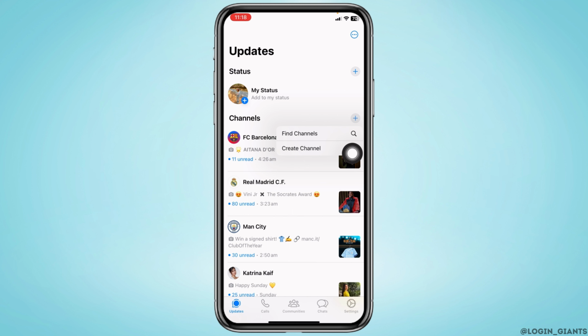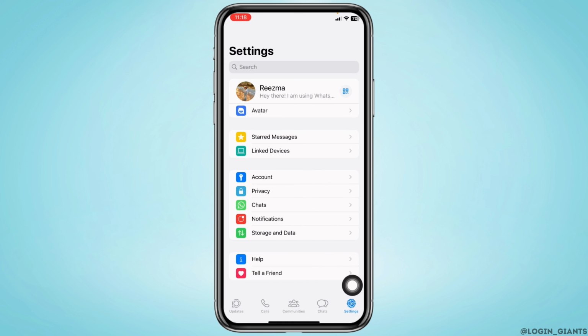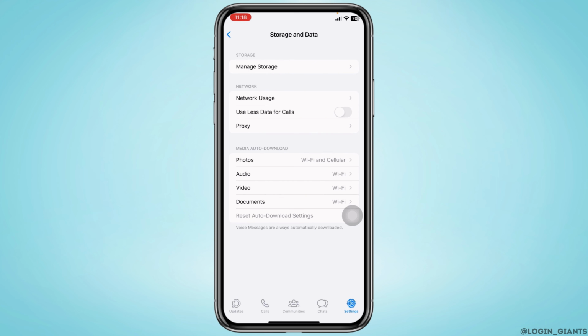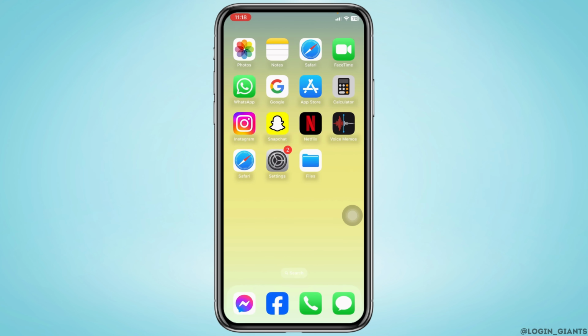But in the case you cannot find this option, what you have to do is head towards this option of settings. Now go to the option storage and data. You might find the option of create channel over here. In the case you cannot find that option over here, you can close this app and then you can head